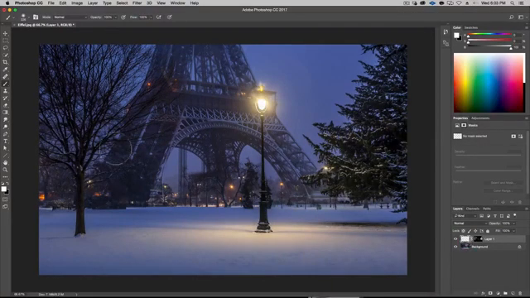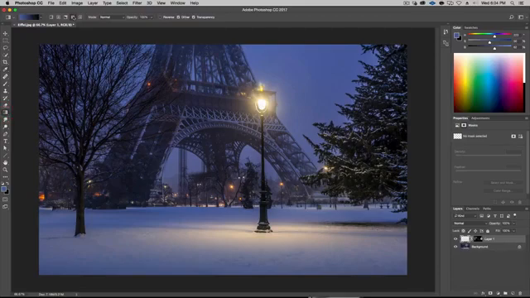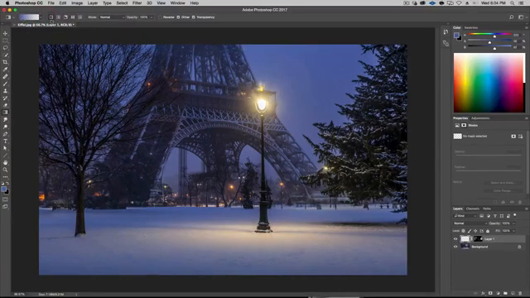In this case, what I want to do is make a gradient. So let's take that. And actually, let's take the eyedropper first. I want a gradient of this blue, something like that. All right. And then we go to the gradient tool, and I want a gradient that goes from foreground to transparent. So that's the second gradient up here. And I don't want it to just be linear, because this is linear gradients, this is a radial gradient, this is an angle gradient, and I want to reflect the gradients. What it means is it's going to be blue and goes to transparent, but it's going to be mirrored on both sides.